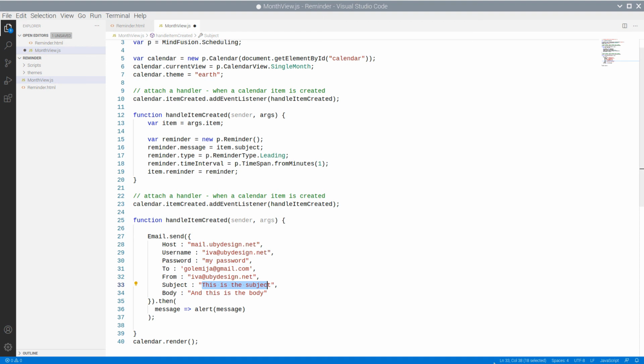Let's include event-specific data in the body of the message so we can recognize it was triggered by our application.